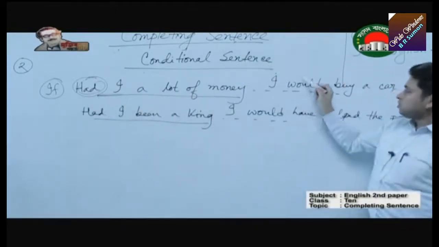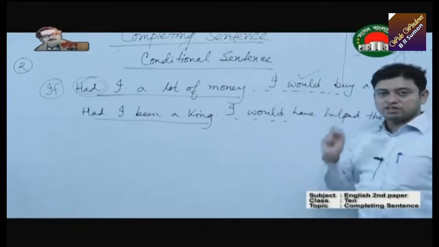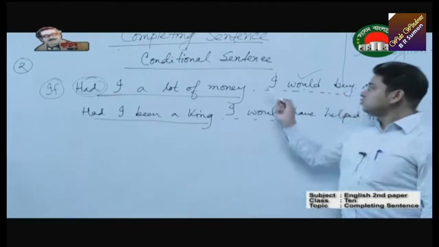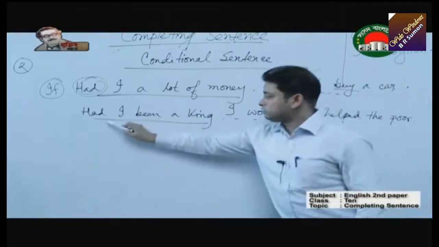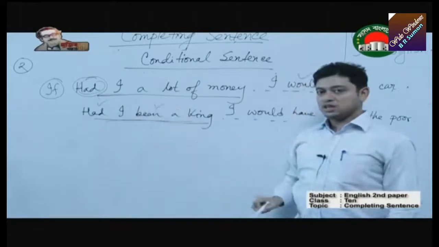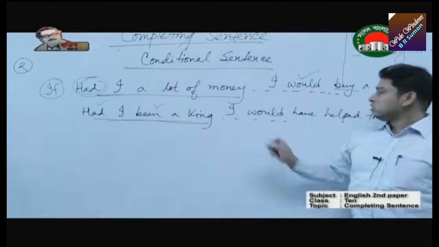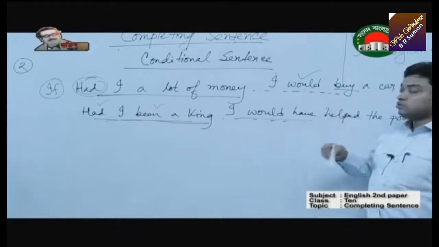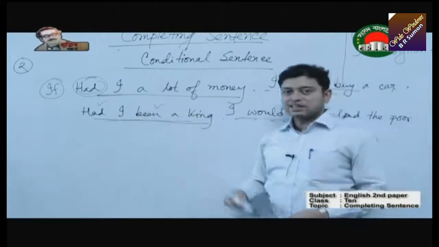And the second clause is following would. We know that in the conditional sentence, the first conditional, if plus past indefinite, then would plus V1. And the second conditional, the first clause, past perfect, so had is there and the past participle is there. So first clause past perfect, then the second clause will follow would have or could have, might have, should have. The same thing. So if you follow this conditional sentence, you can also solve this kind of problem. Sentence starting with had.